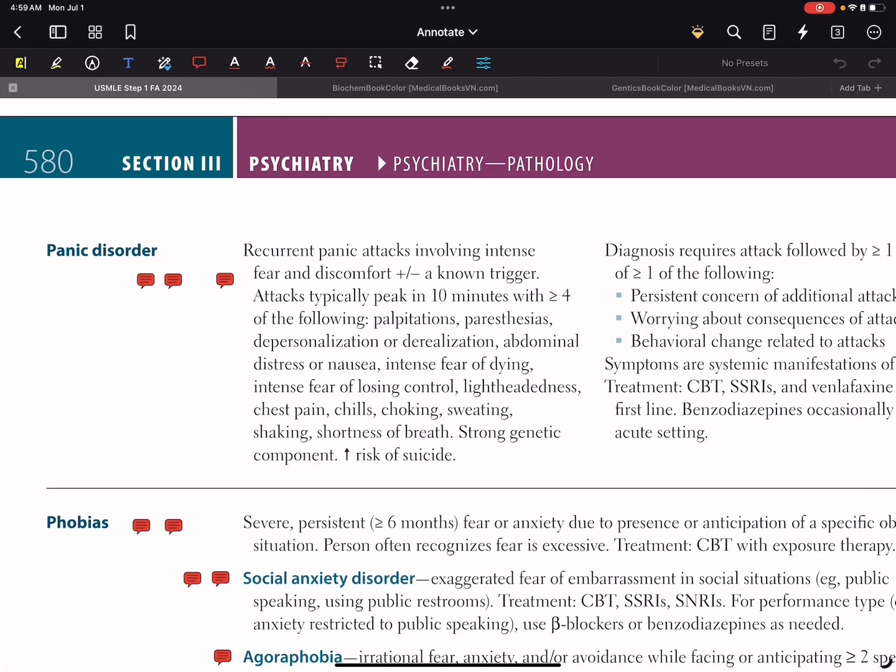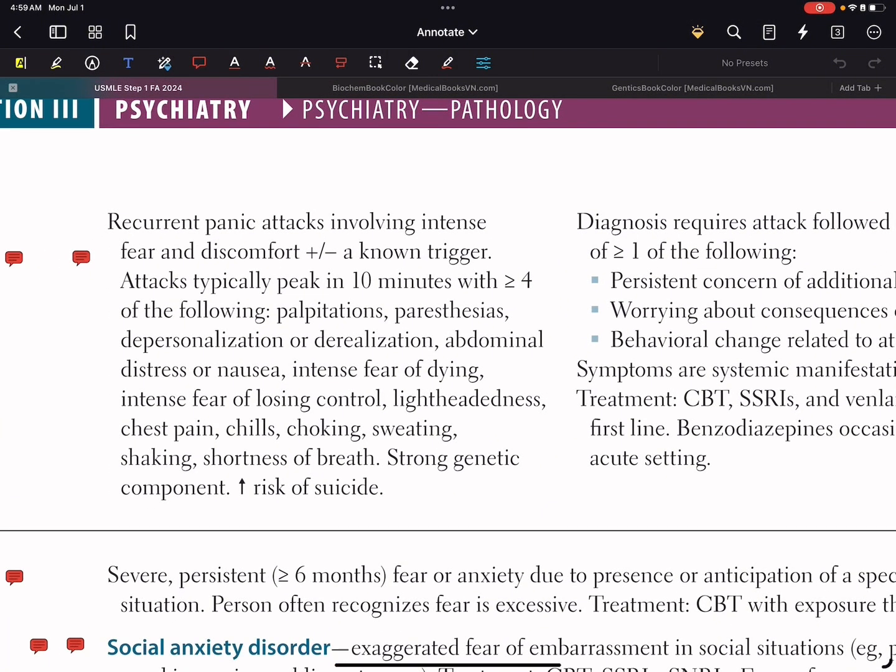Okay, panic disorder: recurrent panic attacks involving intense fear and discomfort, plus or minus unknown trigger. Attacks typically peak in 10 minutes and include more than 4 of the following: palpitations, paresthesia, depersonalization, derealization, abdominal distress, nausea, intense fear of dying, intense fear of losing control, lightheadedness, chest pain, chills, hot flashes, sweating, shaking, shortness of breath. So the number 4 is very characteristic, very common in psychiatry, like more than 4